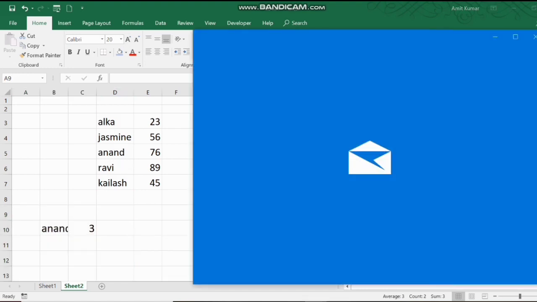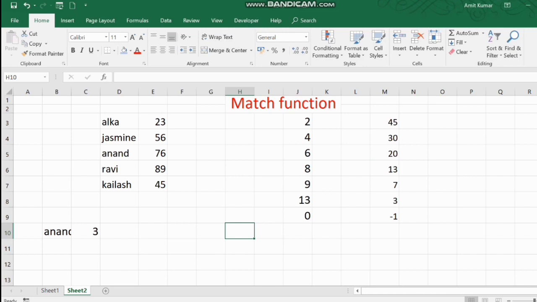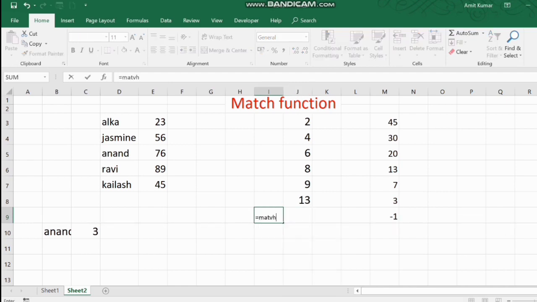Now move on to the second one, in which we will discuss match type 1. I told you that for match type 1 you have your values in ascending form, right? And you can look over here, the values are in ascending order. So what you have to do is just equal to MATCH, bracket open.